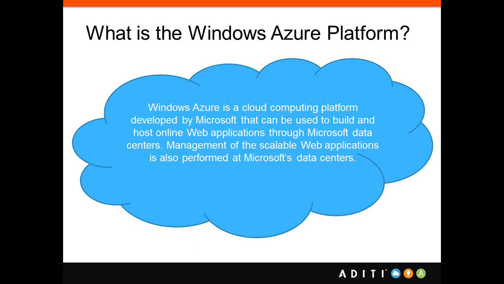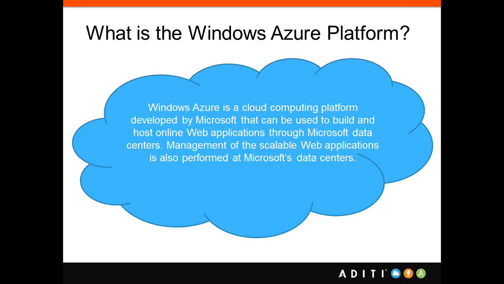A very specific point: Microsoft has developed a huge data center and they are giving it to us readily available as a public cloud to the end user. Anybody can subscribe and start using it. Management of the scalable web applications is also performed at the Microsoft data center. Automatic patching of the operating systems, antivirus, all high availability components, and load balancing are taken care of within the Microsoft data center. You don't have to worry about it. You just have to use configuration. You just tell Microsoft, I need 3 instances, load balanced in this region, with that storage. You just instruct the data center and everything will be readily available.